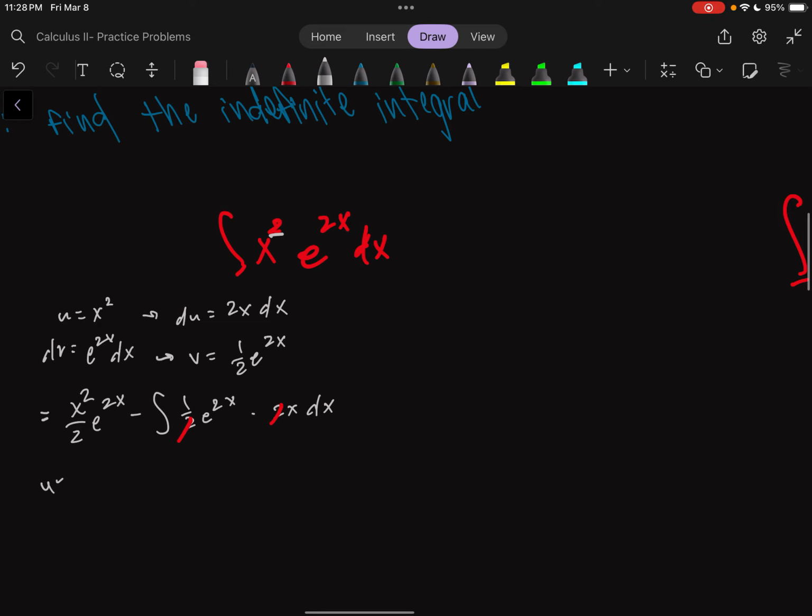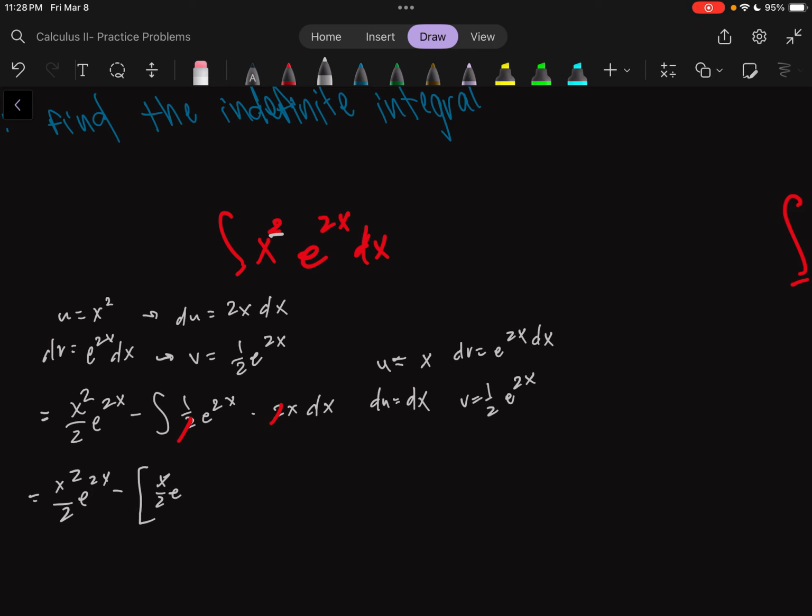And since we started with u being, I'll write it off to the side. Since we started with u being the quadratic term, we're going to continue that by making u equal to now x, du is going to be dx, dv is going to be e to the 2x, v is going to be the integral of that, 1/2 e to the 2x. There's also a dx with dv. So now x squared over 2 e to the 2x minus, but we're subtracting off that integral, but that integral turns into two terms, uv,